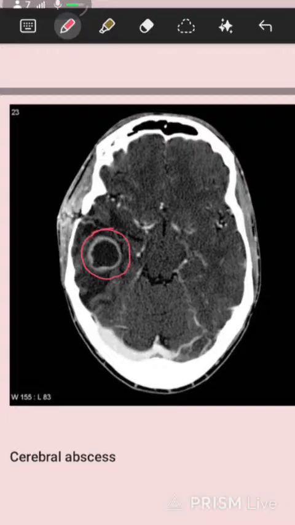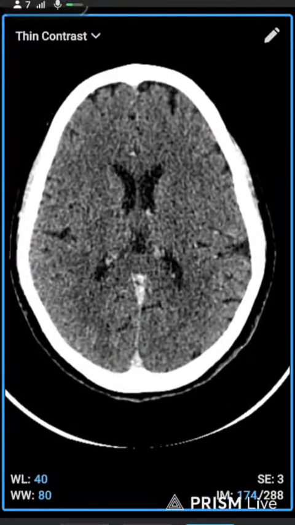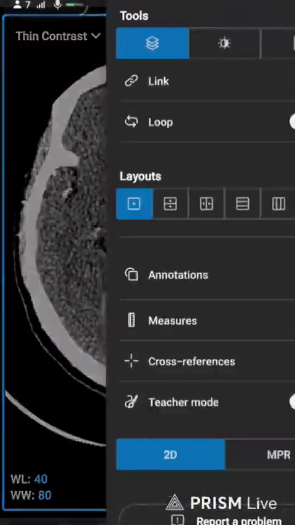In CT, when we give contrast, the white matter and gray matter look like this. We adjust to a little bit darker results because contrast is brighter, so it doesn't look normal. If we see, this is the